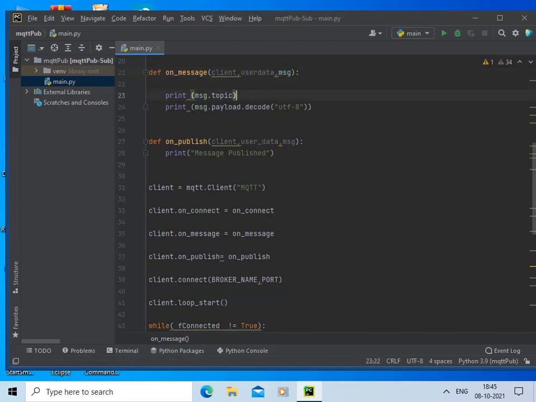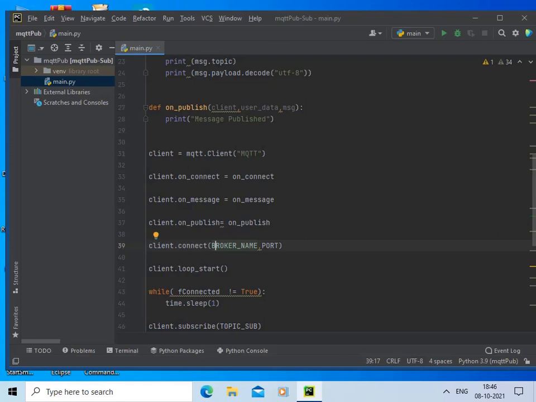Here we are printing the topic, and we are decoding the payload in the format UTF-8. There is also a callback on publish, and the method used is client.onPublish. Here we are simply printing message published.